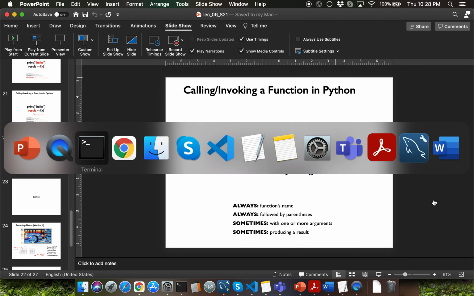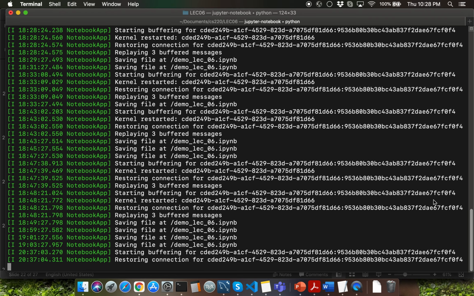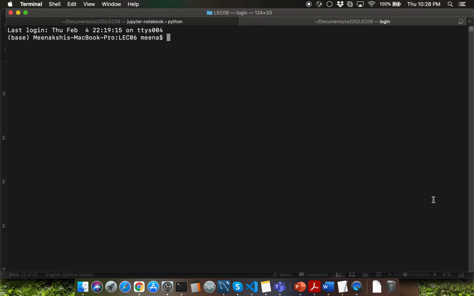Let me switch over to my terminal window. I'm going to take care not to disturb my Jupyter Notebook session here. So I'm going to press Command T, which will open a new tab. I can type in idle3 and enter if I want to launch the IDLE editor. Let's say that I want to open a specific script file with the IDLE editor. I'll have to say idle3 space the file name. For example, I'm going to type idle3 space parrot.py.